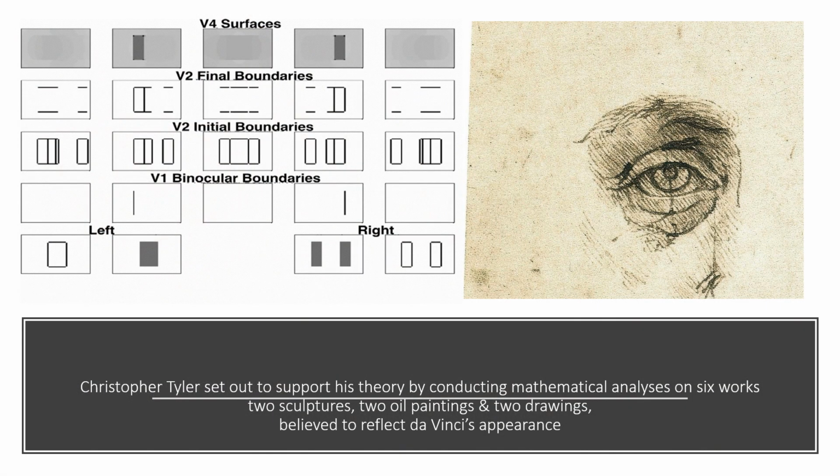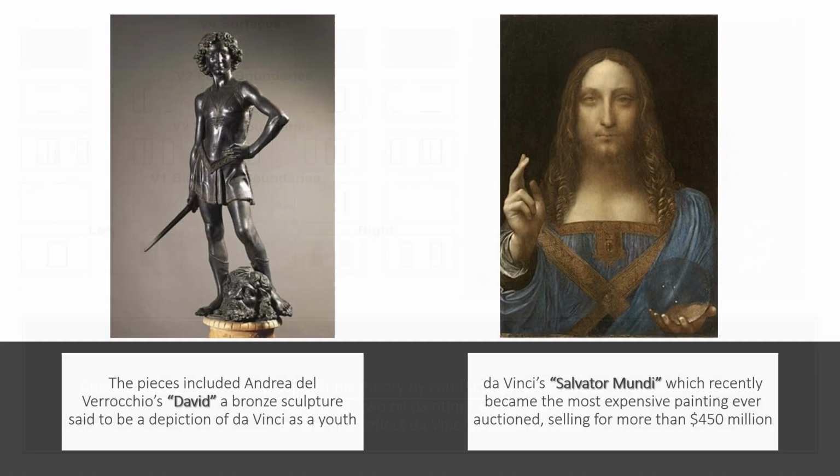Christopher Tyler set out to support his theory by conducting mathematical analyses on six works, two sculptures, two oil paintings and two drawings, believed to reflect da Vinci's appearance. The pieces included Andrea del Verrocchio's David, a bronze sculpture said to be a depiction of da Vinci as a youth, as well as da Vinci's Salvator Mundi, which recently became the most expensive painting ever auctioned, selling for more